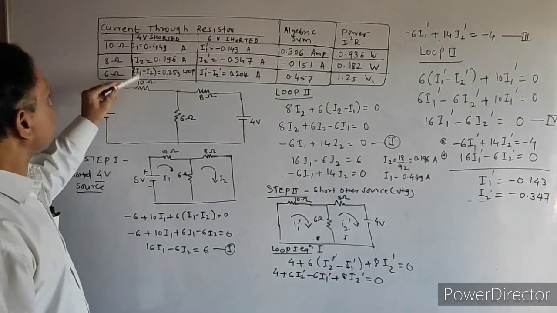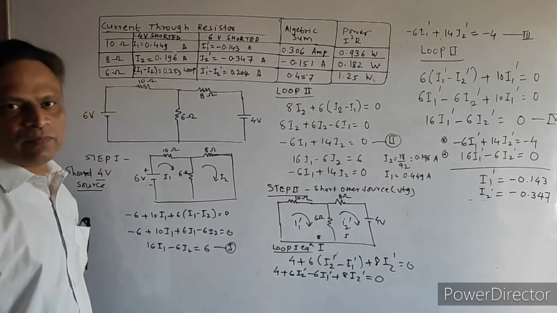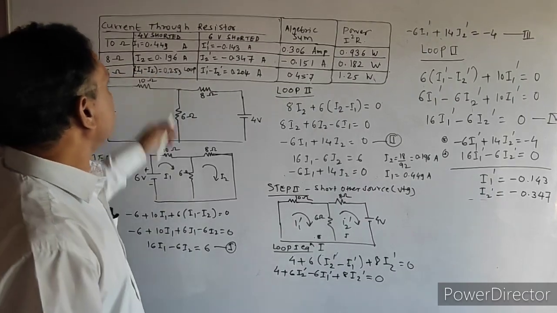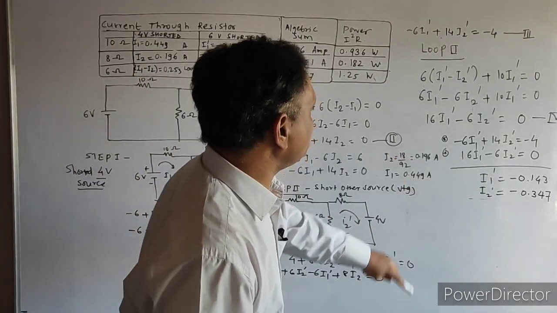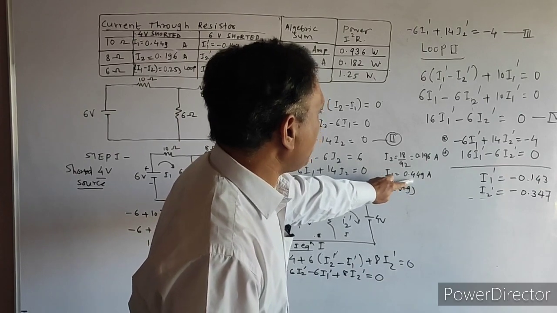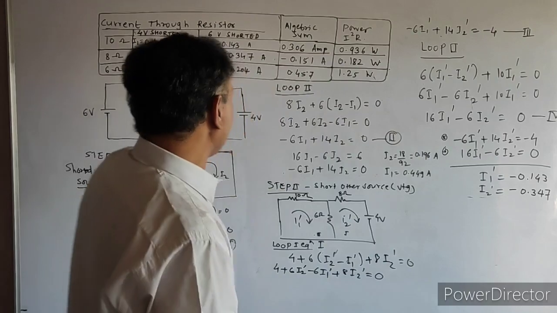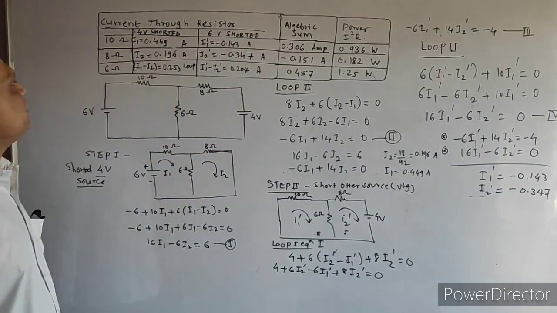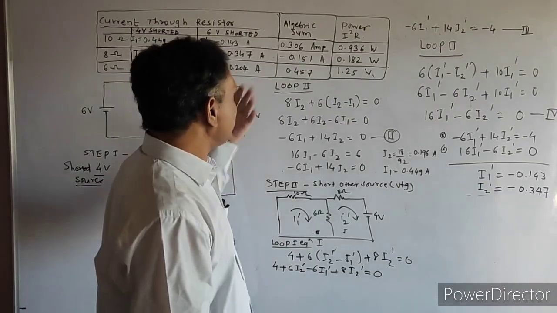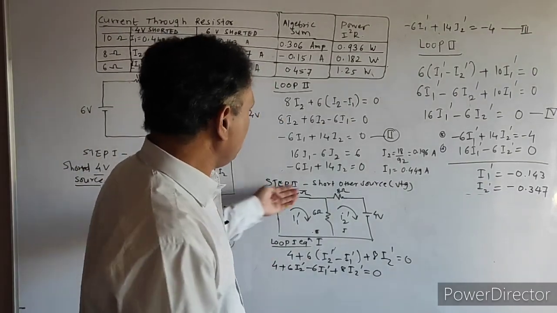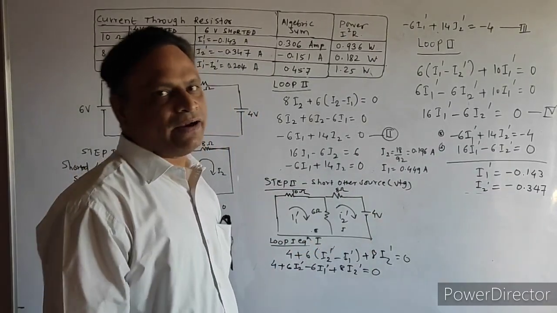Considering the first loop, I have written the value of I1 minus I2, so this comes to be 0.253. Our I1 received was 0.449 and I2 was 0.196. So this has been written here. Again, in the second case, we have shorted the other source, that is, this source was shorted and this was activated.